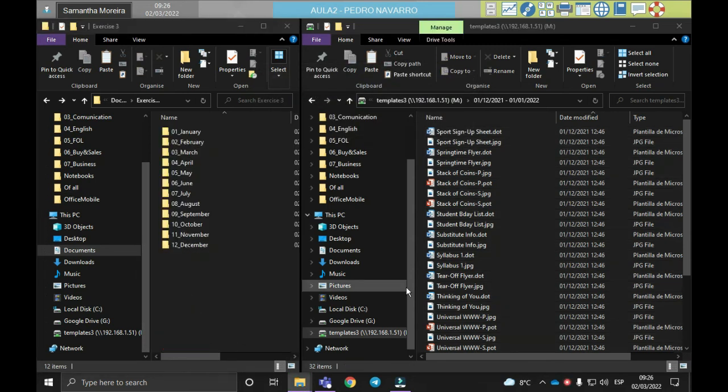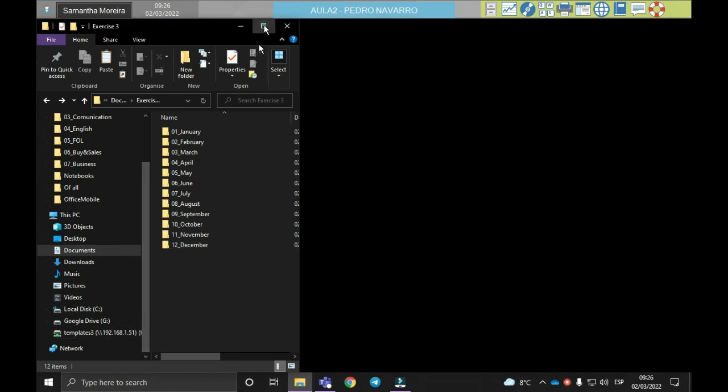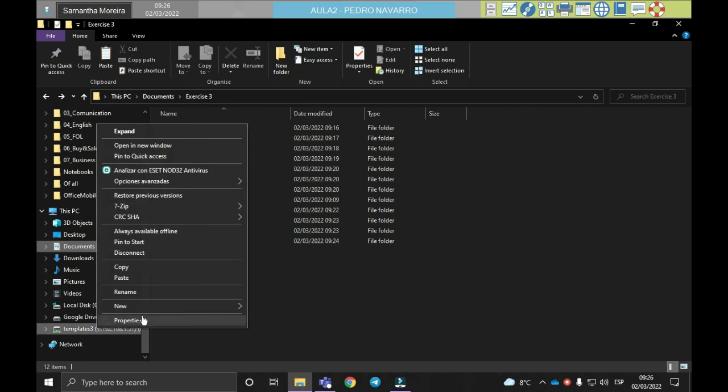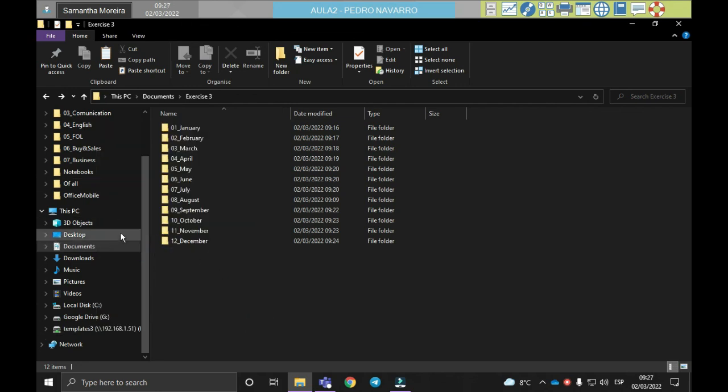We have finished the exercise. Do not forget to disconnect from the local computer template. Okay, expand template and disconnect. Okay,